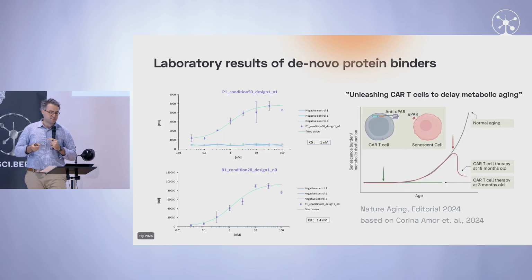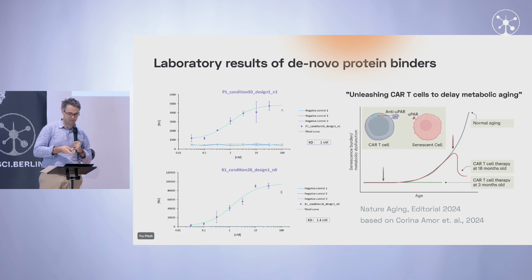Now, this is some of the first data that I'm actually sharing about this. But you can see here 2 of our binders, and I think it's the first time that we're releasing this publicly. We validated 2 of these binders here. This is the dose response curve. We have a nanomolar range of binding. This is a completely generated protein binder that is not overlapping with any existing binders to this target.